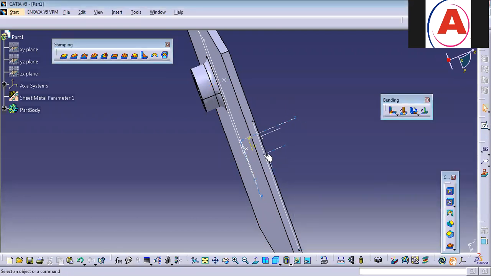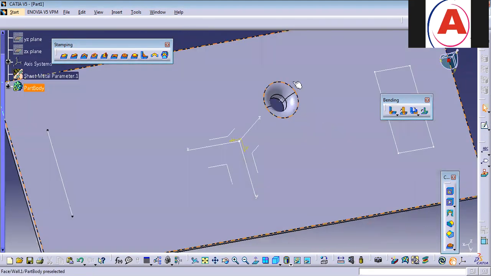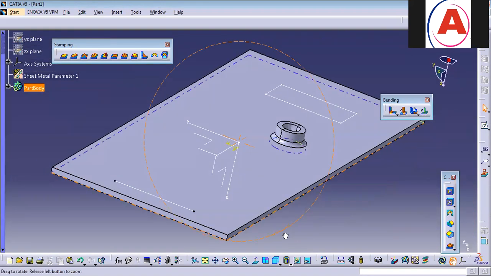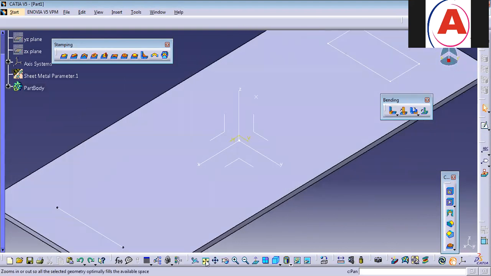Those parameters totally depend on the thickness of the sheet metal. Why? Because if you are stamping something, you are not adding extra material to it. You are just punching the same thing in it. So what it will do is try to extend the same material here. The same material is extended here. We are not adding extra material to it. That is the reason some errors will come.